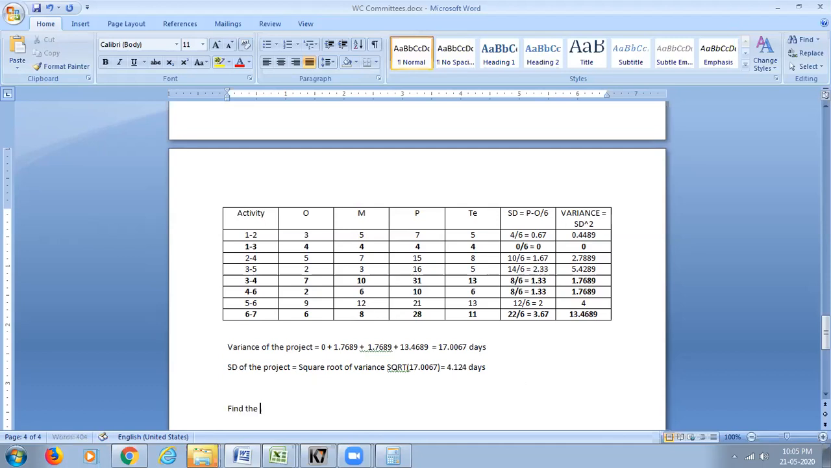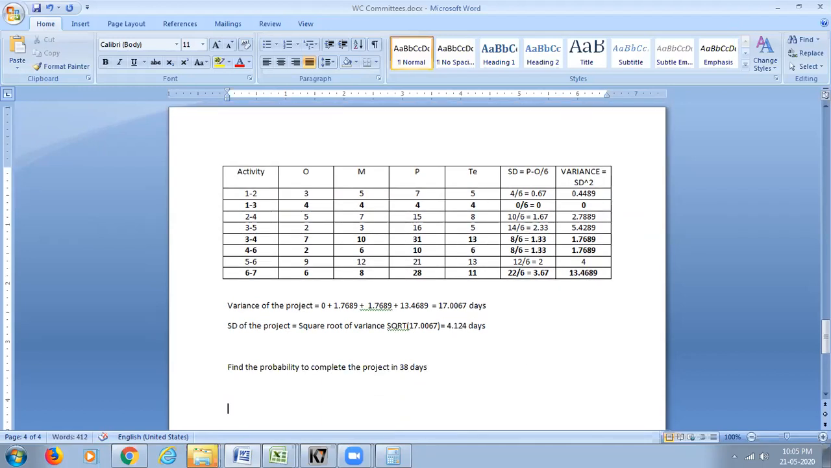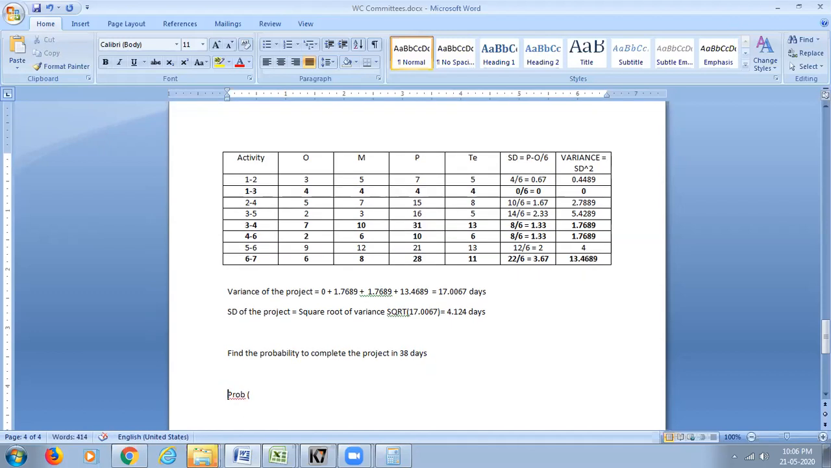Right. Here there's one more question that can be asked: find the probability to complete the project in, let us say, 37 days, 38 days. This is the usual one. Usually we use the normal distribution where we say probability of some x is